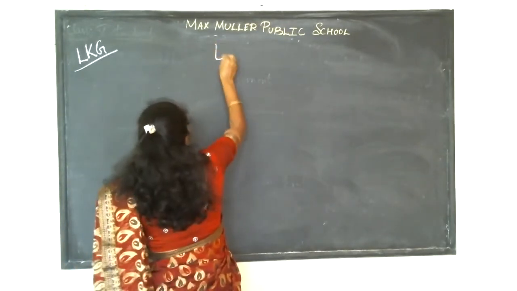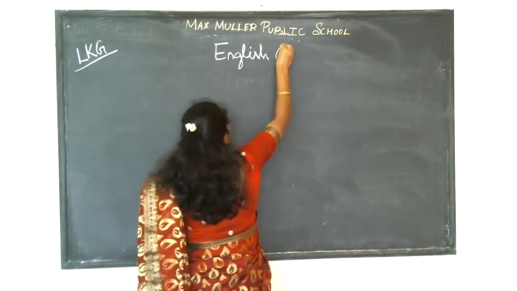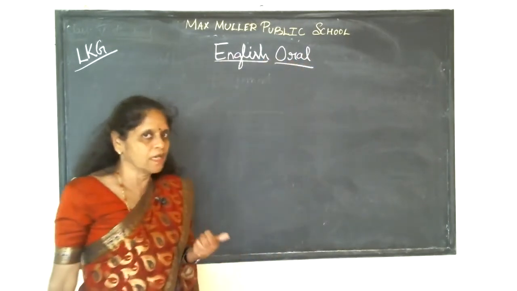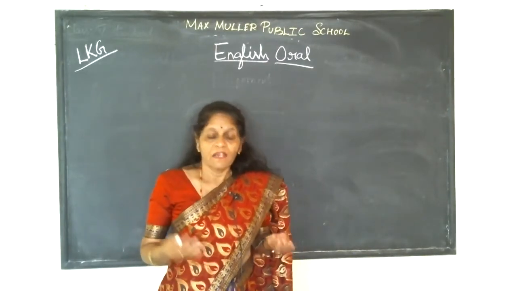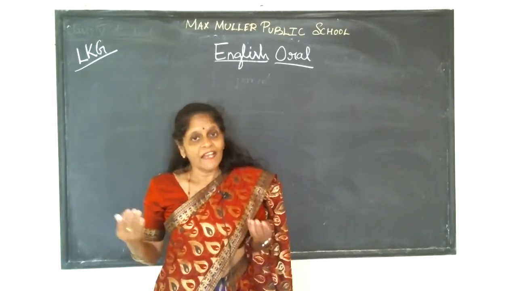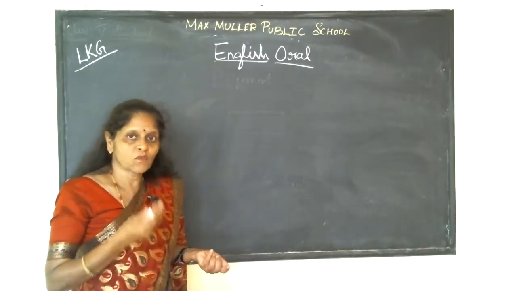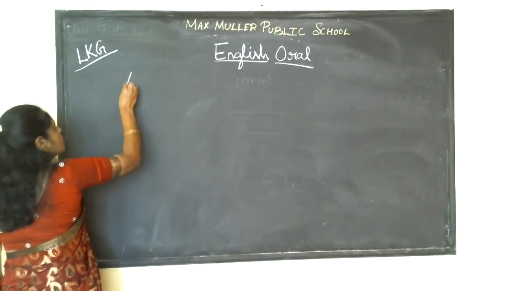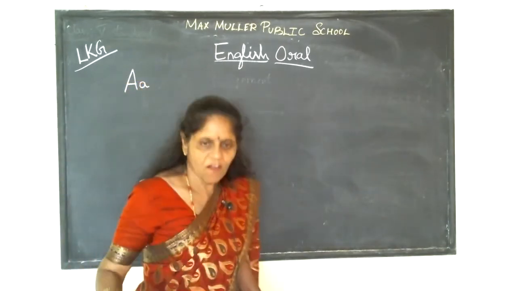Next is English oral. Okay, in the previous class, what did you learn? English oral, what did you learn, children? From capital A, small a to capital I, small I. So we'll start revising and we'll go in much more alphabets. Okay, let's start. Capital A, small a. A for